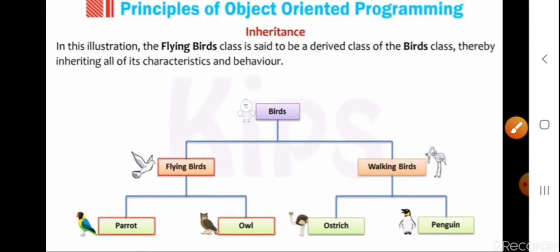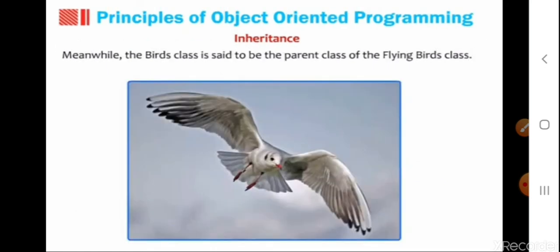In this example, the flying bird class is said to be the derived class of the birds class, thereby inheriting all of its characteristics and behavior. Meanwhile, the birds class is said to be the parent class of the flying birds class.